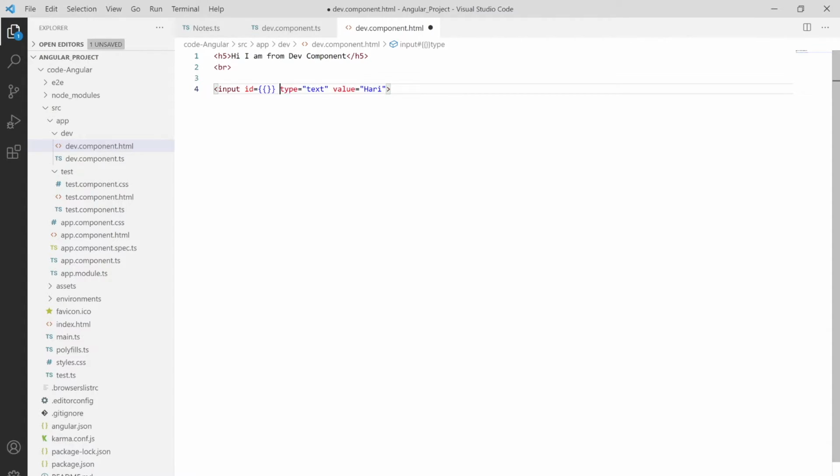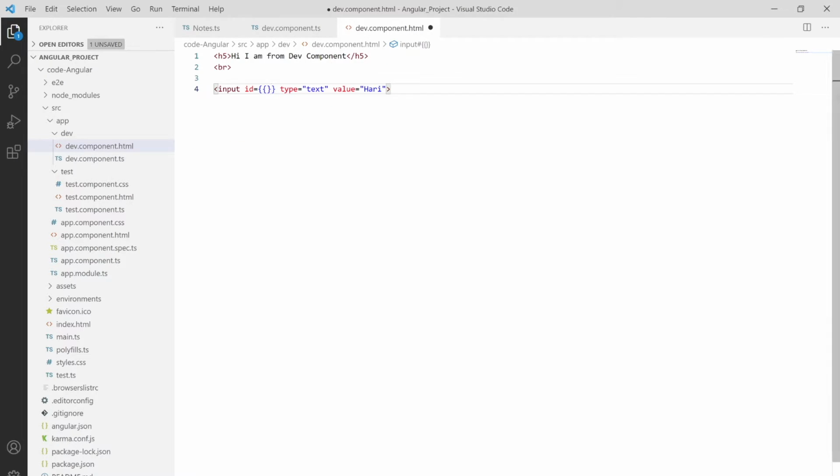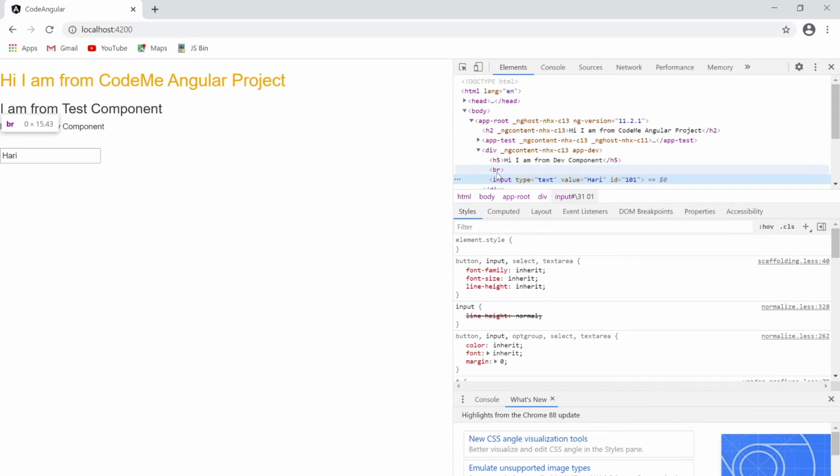Let me copy this and paste it in and save it. Let me right click and go to inspect. As you can see, our ID is there with the help of interpolation also.